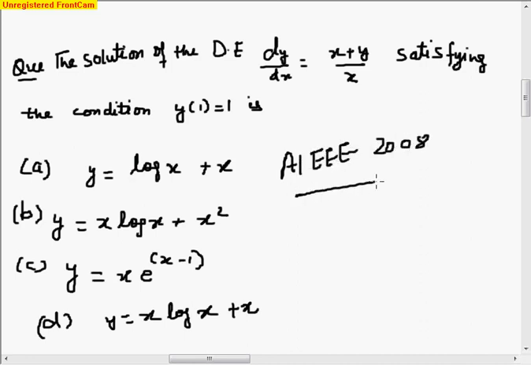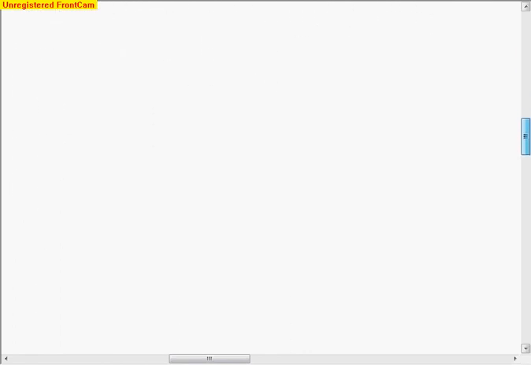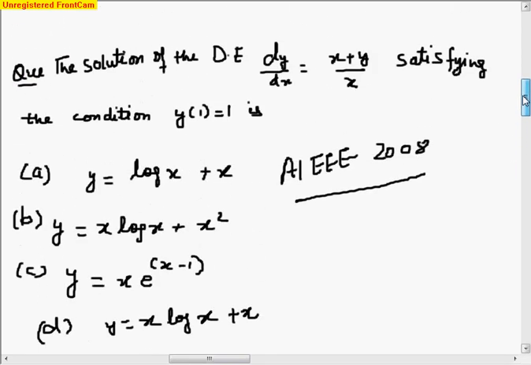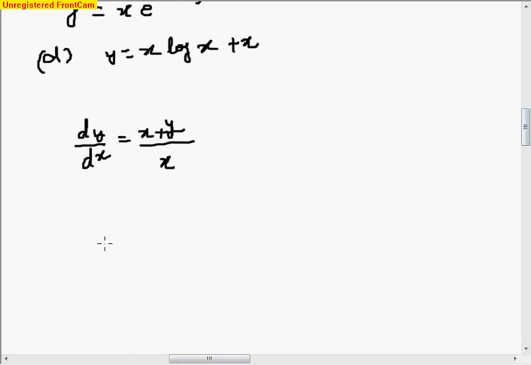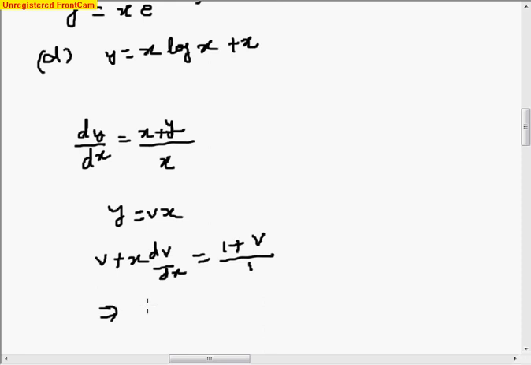It's very simple, you just have to solve this differential equation. You can see that this is a differential equation. On the right hand side we have a homogeneous function in numerator and denominator. Sorry, this is x plus y. Now I will make the substitution y is equal to vx. So this is v plus x dv by dx on the left hand side is equal to (1 plus v) upon 1. So it implies x dv by dx is equal to 1.